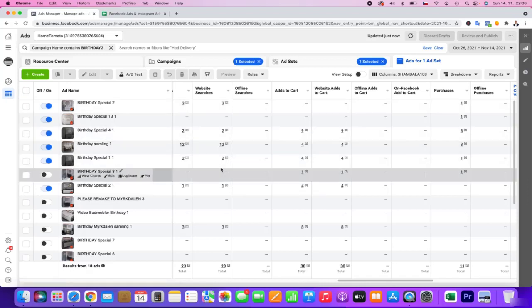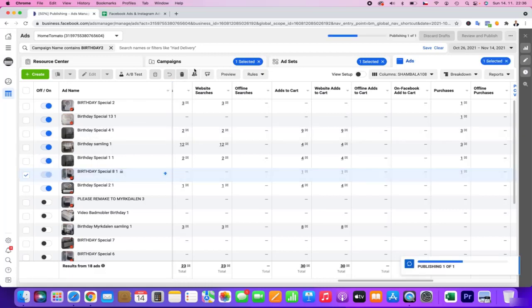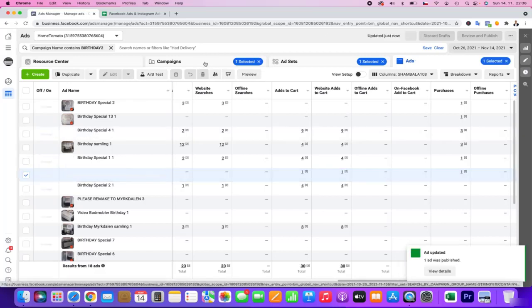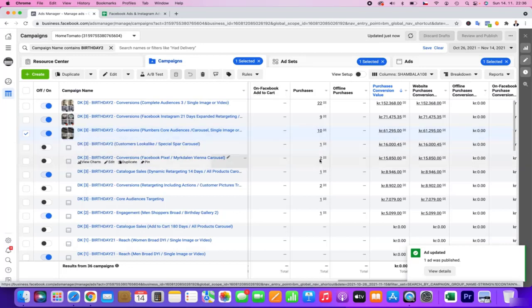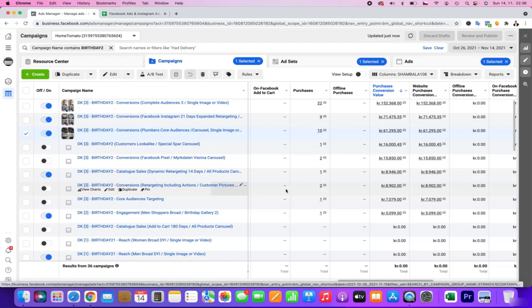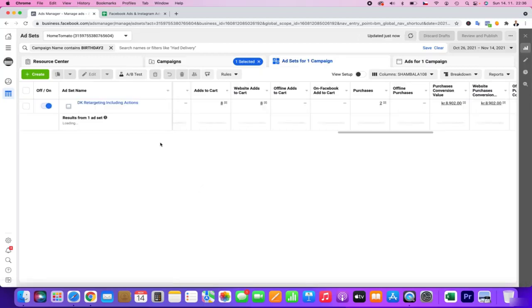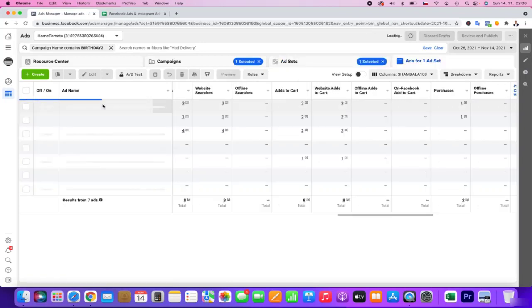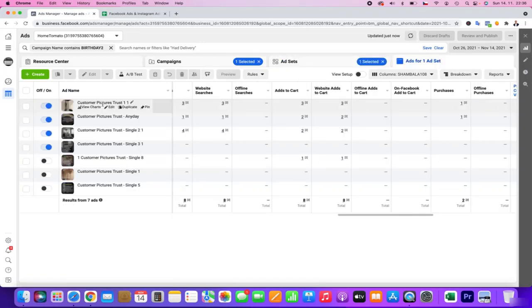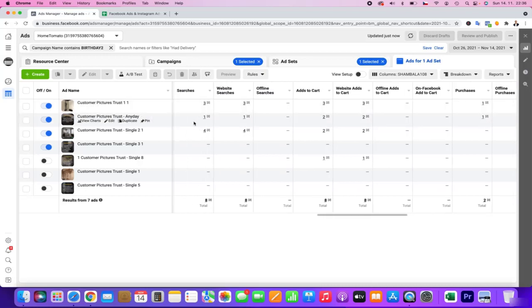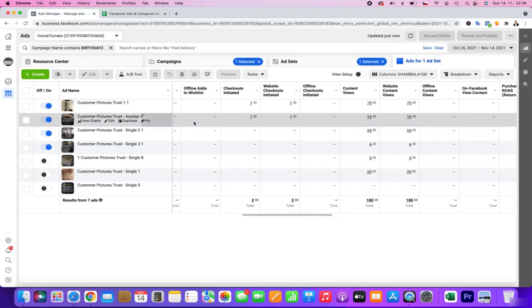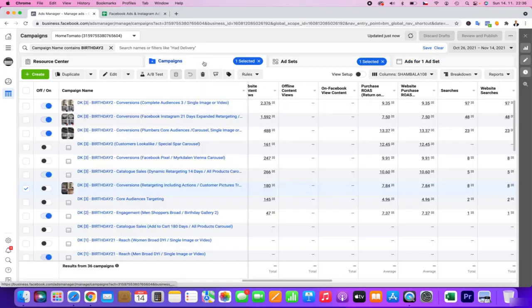There was also a purchase here, so I will prepare it for Black Friday. It is really, really important to check everything, so that you don't miss something. And let's check what was better. Here you can see that everything is okay, everything is good. And basically this is some preparation.